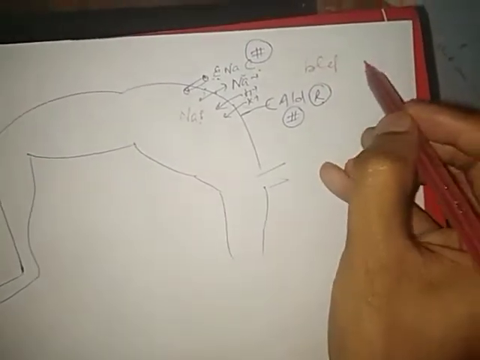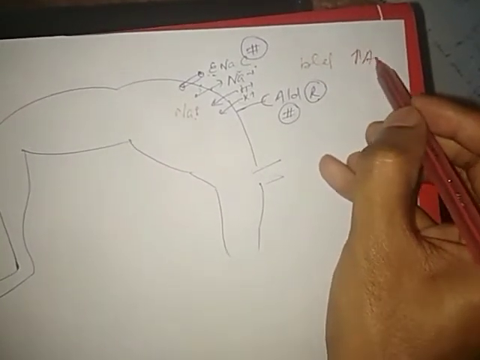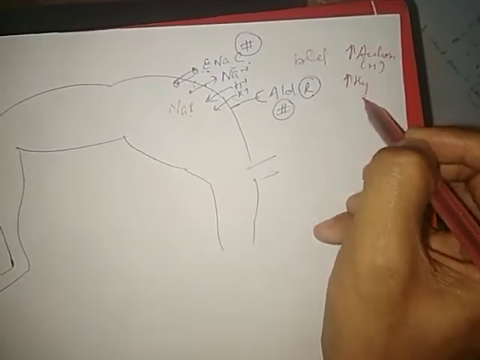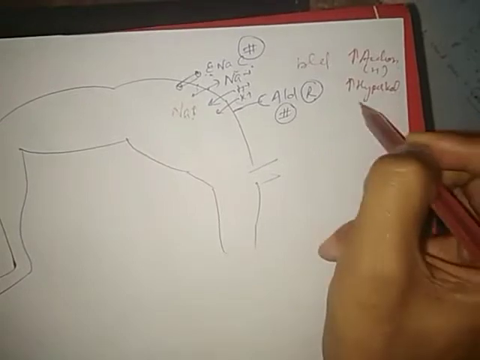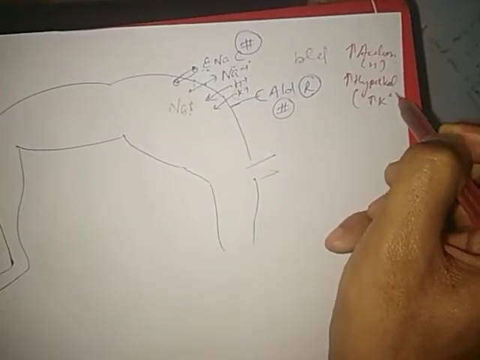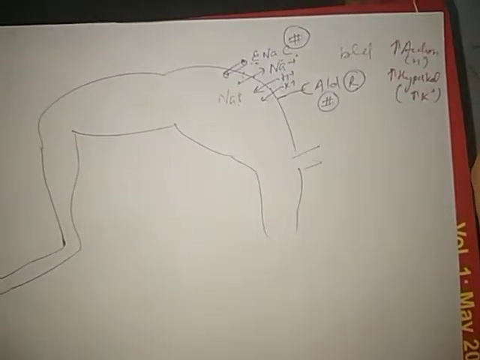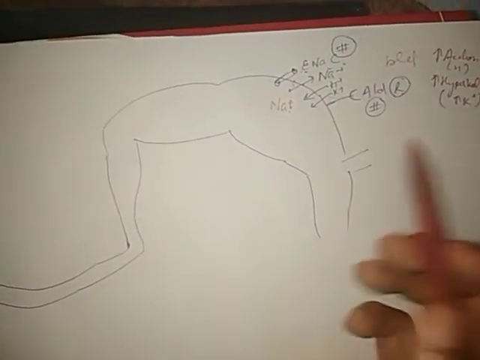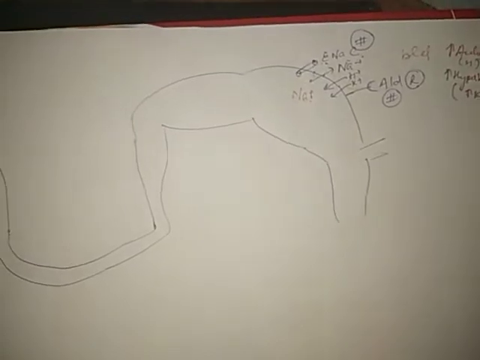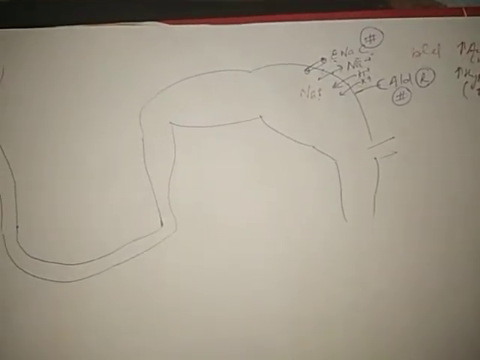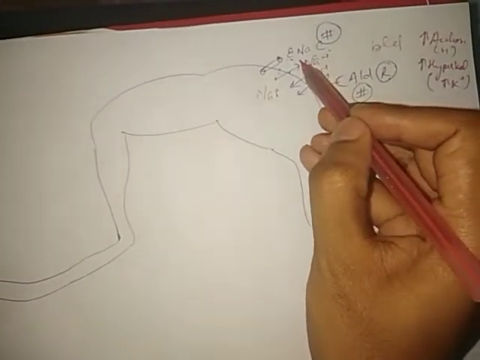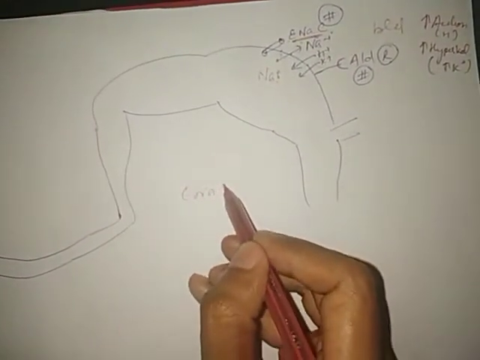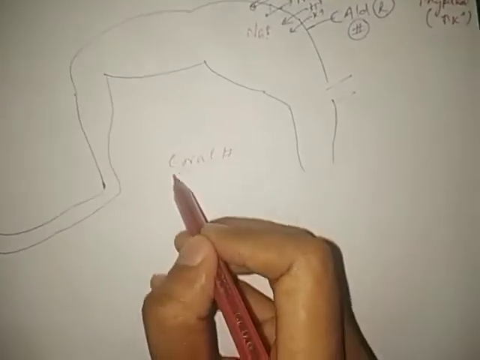So there will be increased risk of acidosis because of the hydrogen, and increased risk of hyperkalemia because of the potassium levels. So potassium sparing diuretics cause hyperkalemia as well as acidosis. So be careful in giving these drugs to patients who are susceptible to acidosis and hyperkalemia. So what are the drugs that block the epithelial sodium channel? Let's study. Epithelial sodium channel blockers are amiloride,